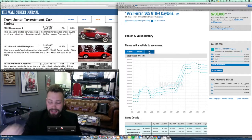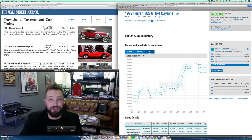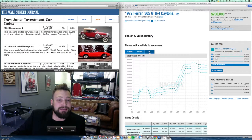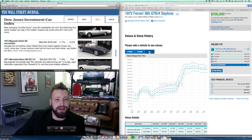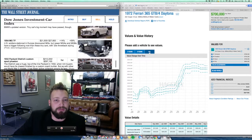That's $549,000 that this car has made or created in value since 2005. That's a 363% return on your investment at an annual rate of 13%. But you can see it takes money to make money, as this car definitely was not cheap back in the day. Scrolling down past some cool American cars, some other interesting European cars, we are going to be